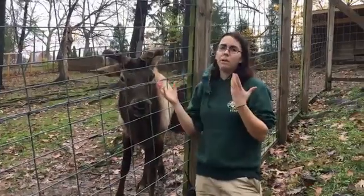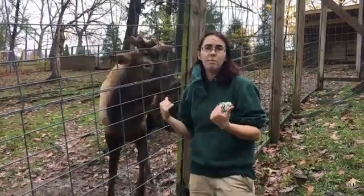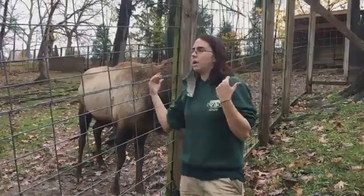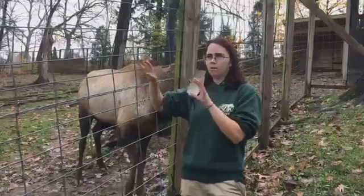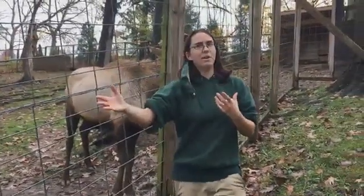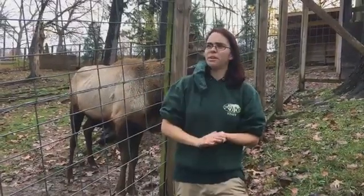And depending on where you are, they might have a different name. So we call them elk. If you're in Britain or Europe, if you say elk, they're going to think you mean a moose. That's because it is actually the mostly German word for what we call a moose. And then settlers came to America, saw the elk and said, that looks familiar, and so they called it by